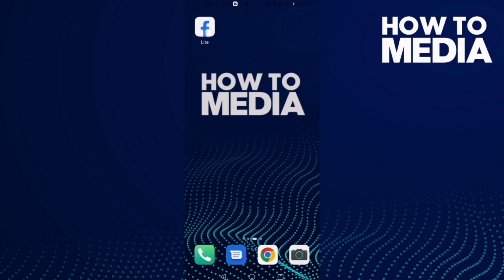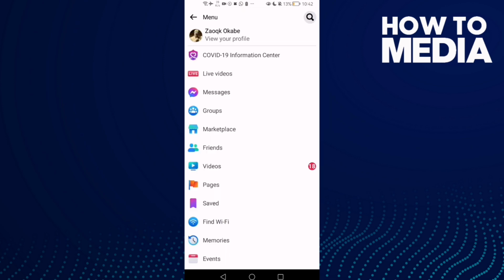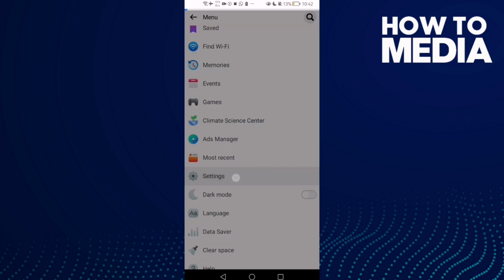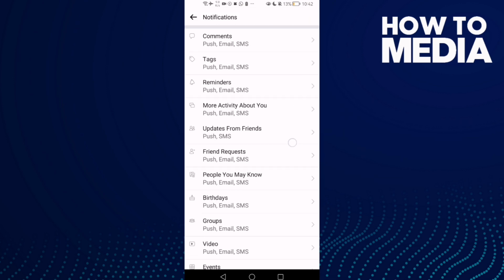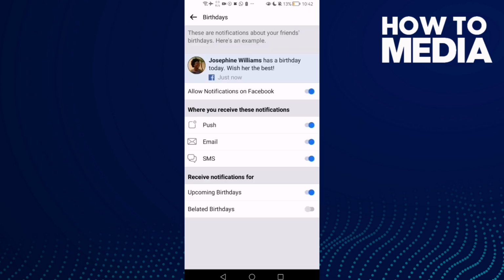First thing, go to Facebook Lite and here just click these three lines in the top corner and then go down until you find settings and then click notifications and here you will find birthdays. Click on it and then you will find belated birthdays. If you want to turn it on, just click on it one click and as you see, belated birthdays have been turned on. Now just go back,